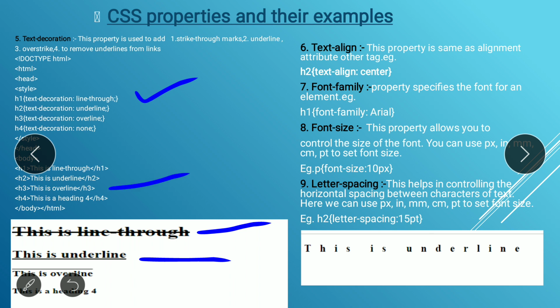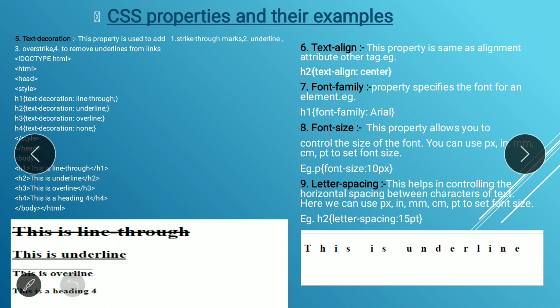Next is the overline. You can see here this is the overline. It means the line should be over your text. Next is the text decoration none, means there is no decoration for the text. That's it, means by default whatever your text is will be displayed, nothing else.